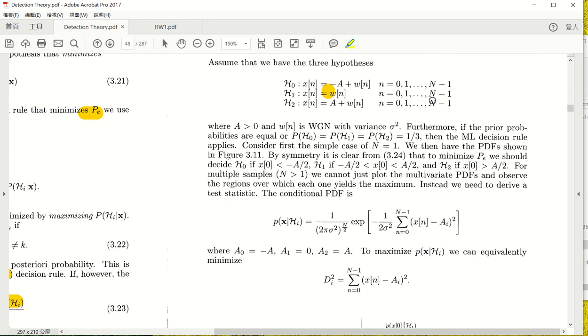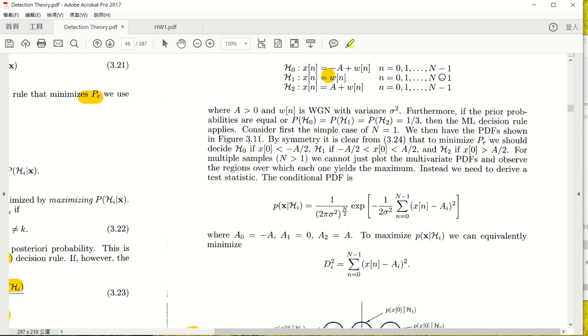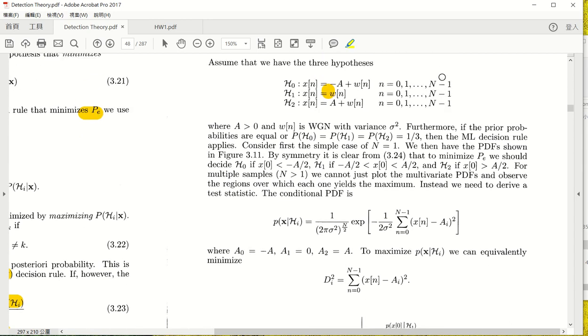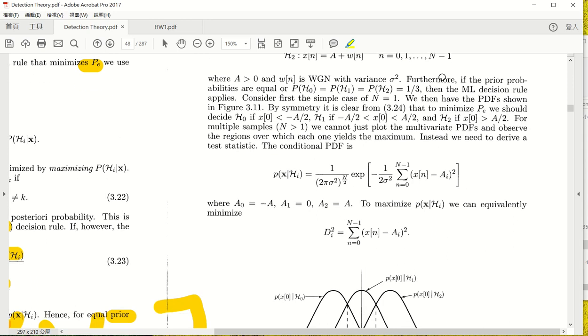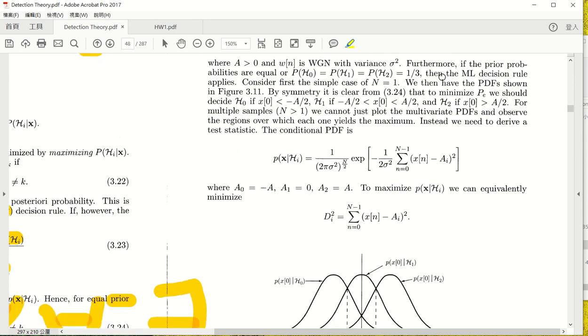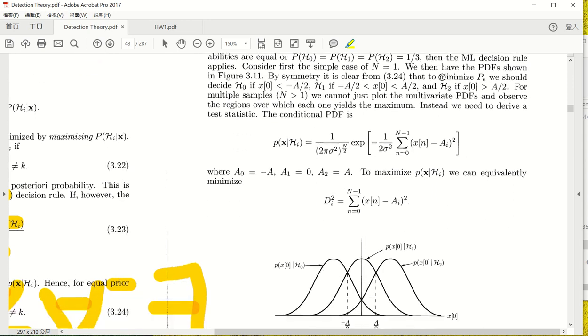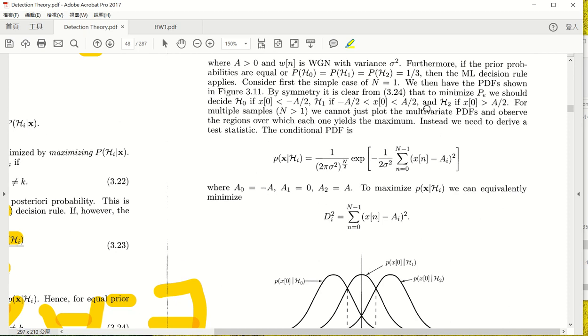Just a little bit of comment. If you go from 1 to n, it's the same thing. It's just the index difference. From 0 to n minus 1 is equivalent to 1 to n. After all, they all have n samples. That's the point. From 0 to n minus 1 or 1 to n, it's the same thing.